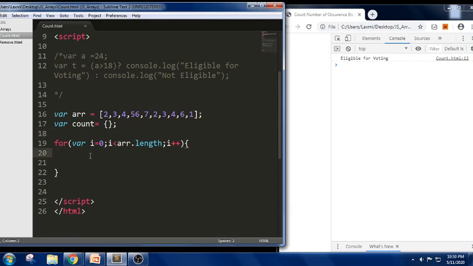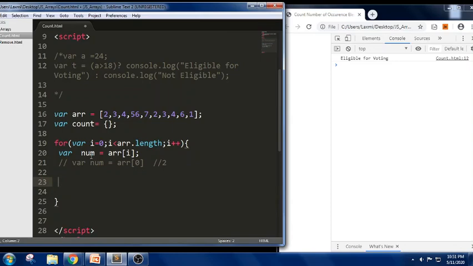Next, in this for loop, we take num, where num equals array of i. For every iteration, num equals array of 0 first, which initially will be 2 here. So it will read each and every array element and store it in num.